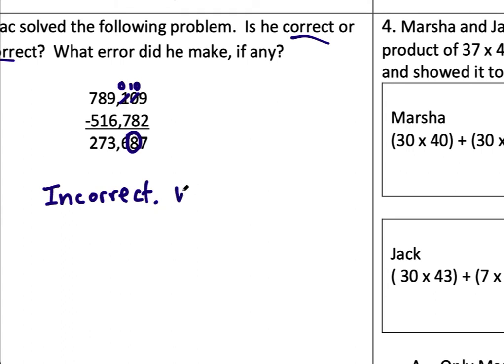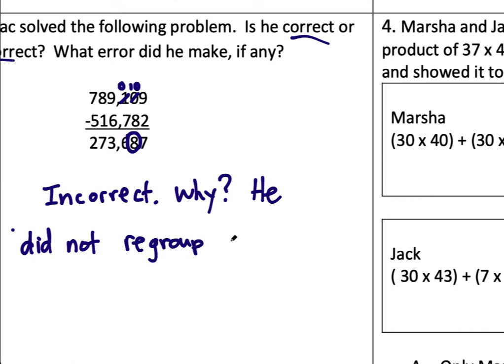And then why? He didn't regroup in the tens place. He can't take 880 from no value at all, so he did not regroup. I'm just going to say why he did not regroup correctly in the tens